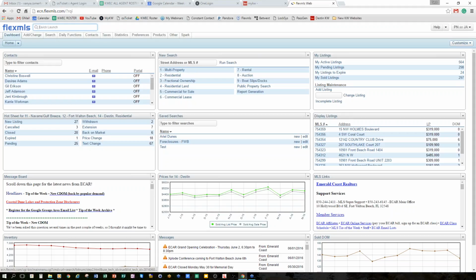And display listings here in this section under settings. I'm only displaying the office listings, and under my listings you'll actually see the number of listings you have. But the best part is that if there's any listings that are about to expire, it gives you the option to set up